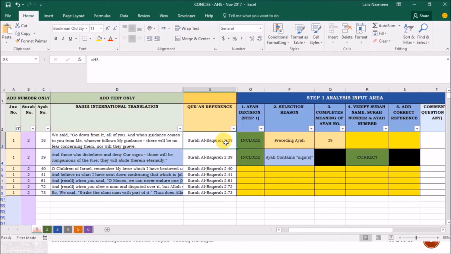You don't need to add the name or the number of the surah. Just add 39, it should suffice. And it's correct. You've checked the reference. It matches the number, the text matches the number. All right, now